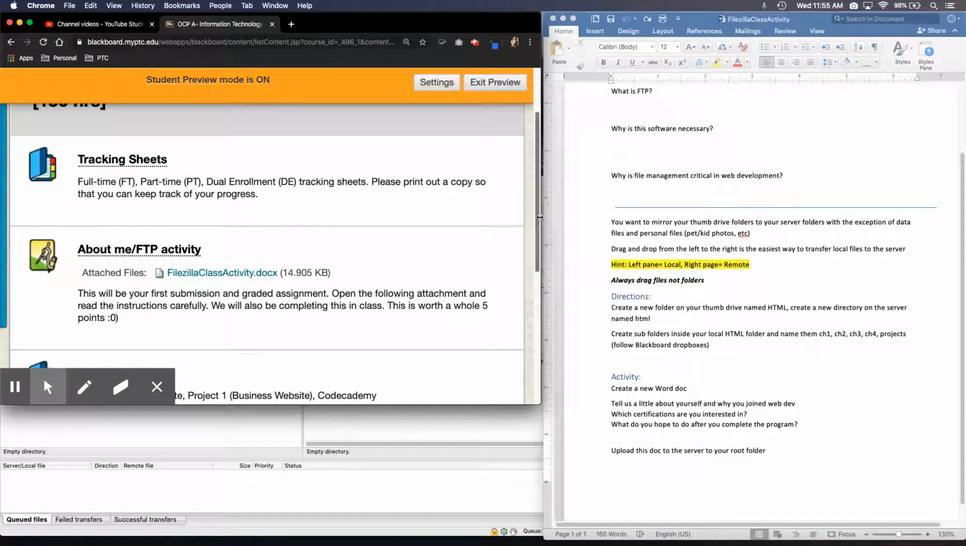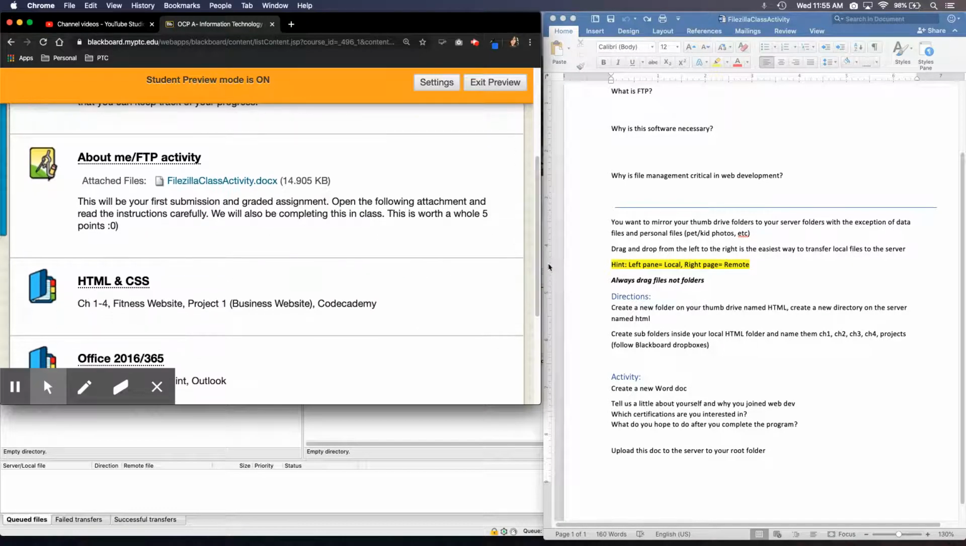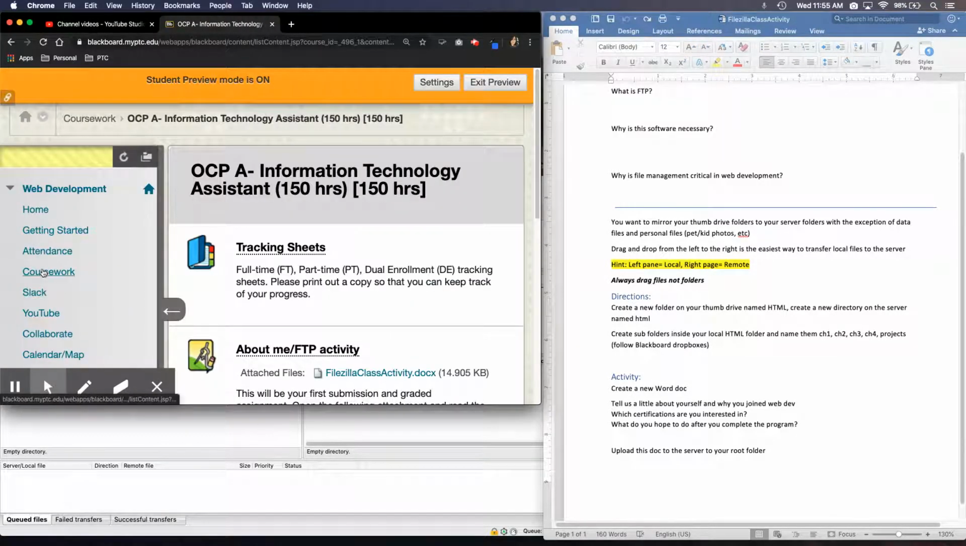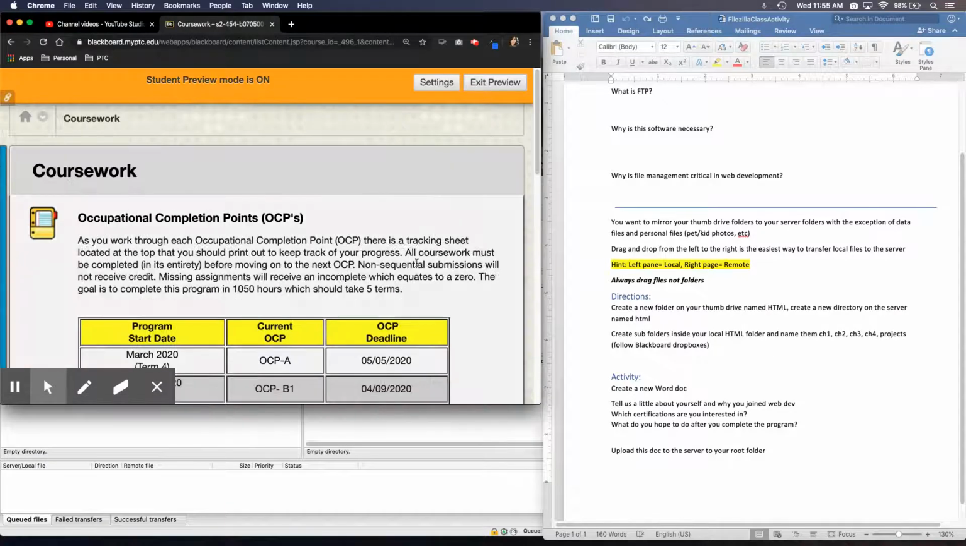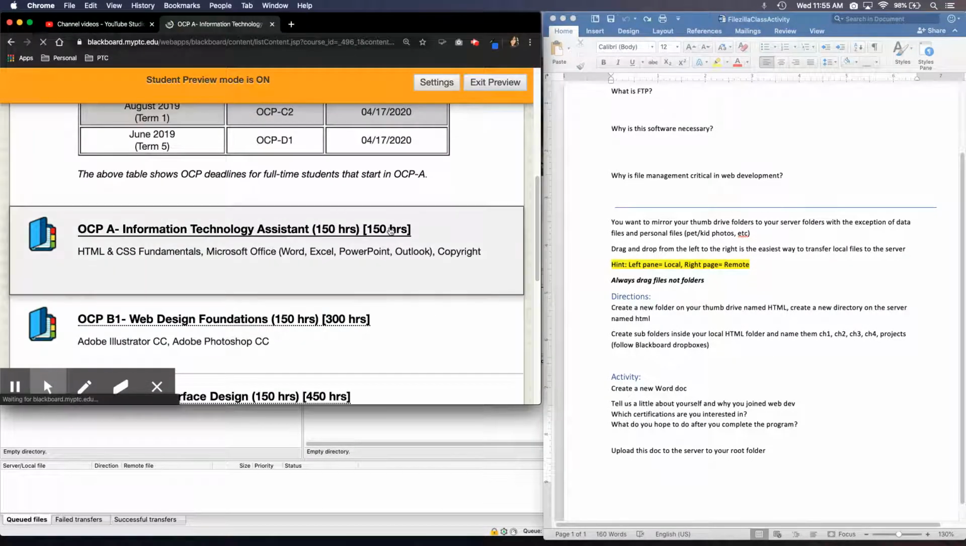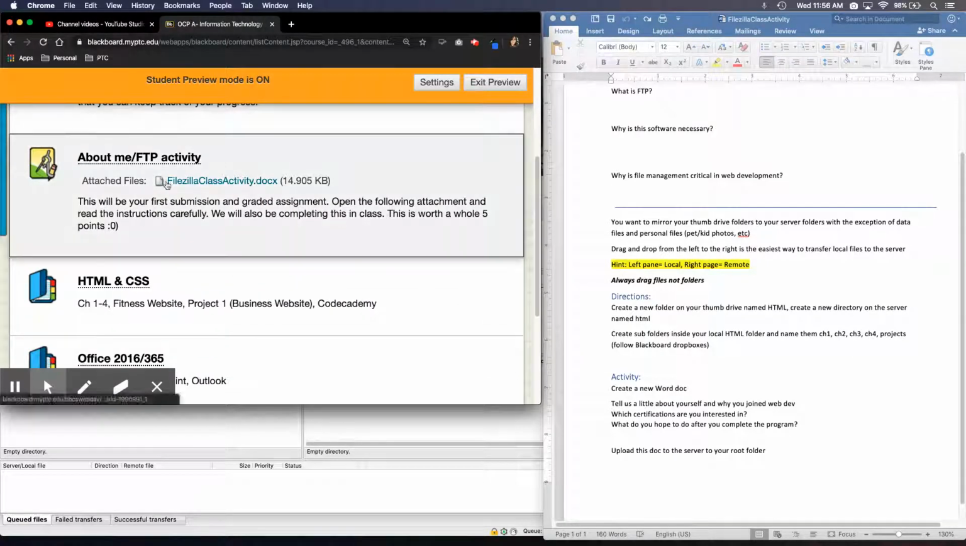Okay, so in this video, we're finally going to learn about using FileZilla. The first activity that you are going to be graded on is the FileZilla class activity, which can be found under coursework. Let me take you back one level, and you're going to start off with OCPA, so that's the first folder. And we typically do this as a class so that we can all learn how to use FileZilla